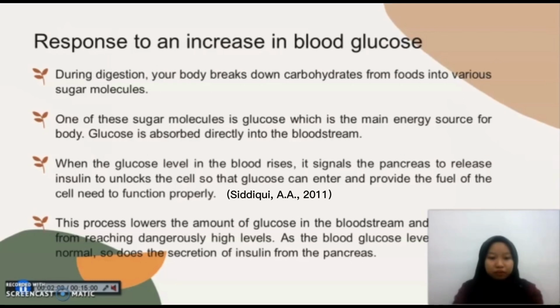The control of blood glucose by insulin is a good example of a negative feedback mechanism. When blood glucose rises, receptors in the body sense a change. In turn, the pancreas secretes insulin into the blood, effectively lowering blood glucose levels. Once blood glucose levels reach homeostasis, the pancreas stops releasing insulin.